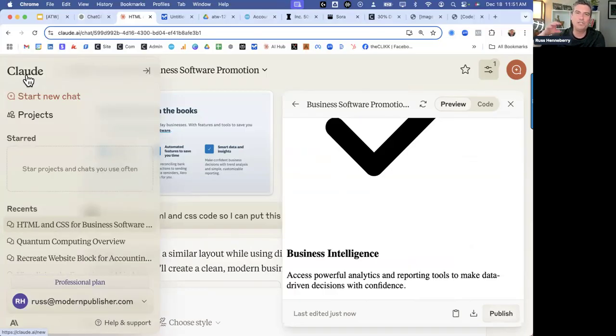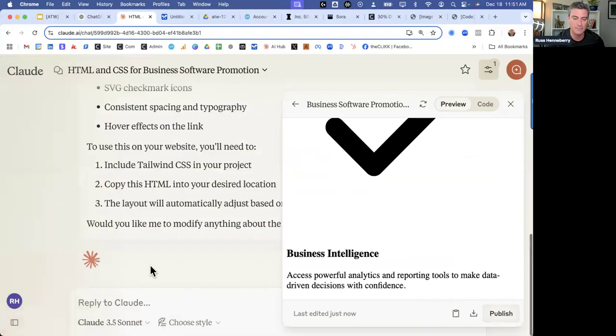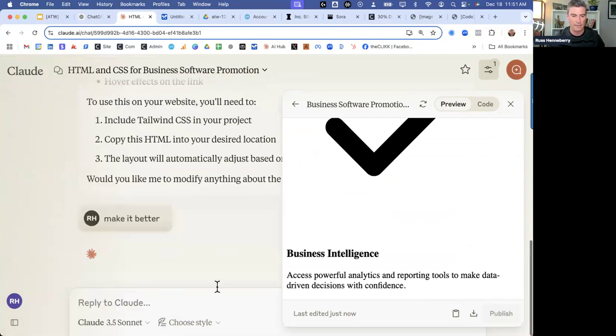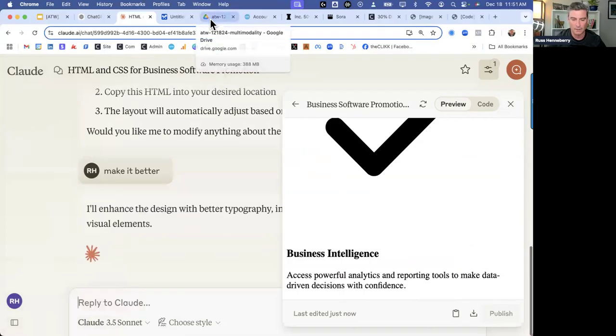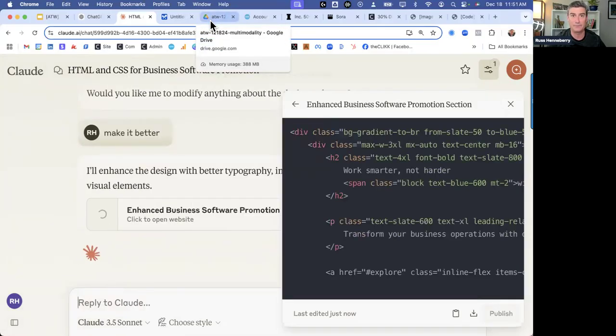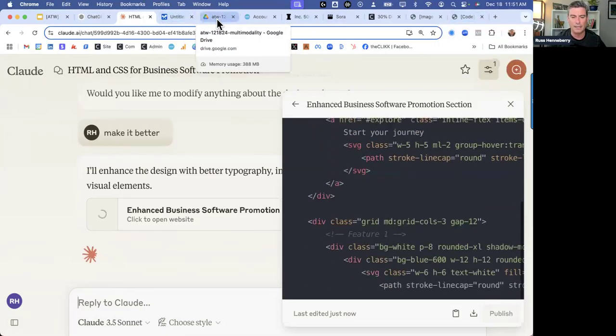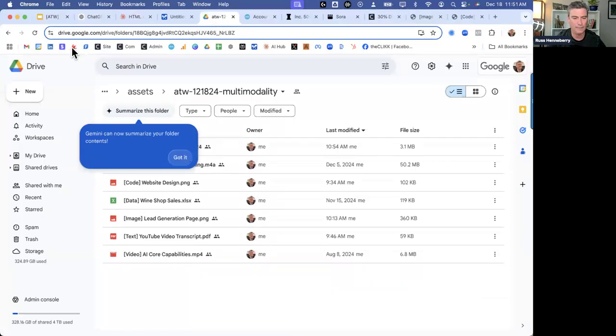And if I kept pushing on it right now, one of the best things you can do with an AI system when you're asking it to create something is just say, make it better. That's it. Make it better. And I'm going to tell it to do that. So basically, I'm saying that was not good, make it better. Let me show you how close it nailed it when I ran this as the test.